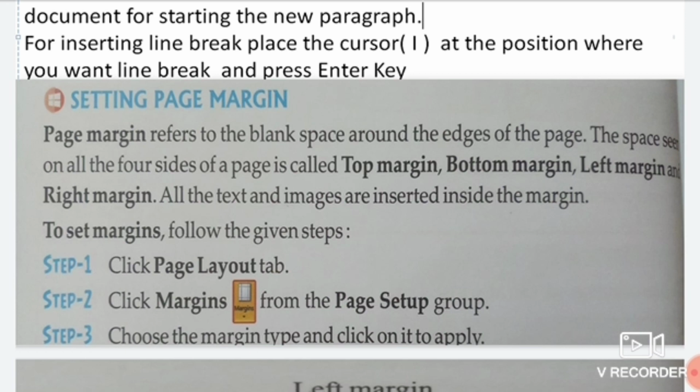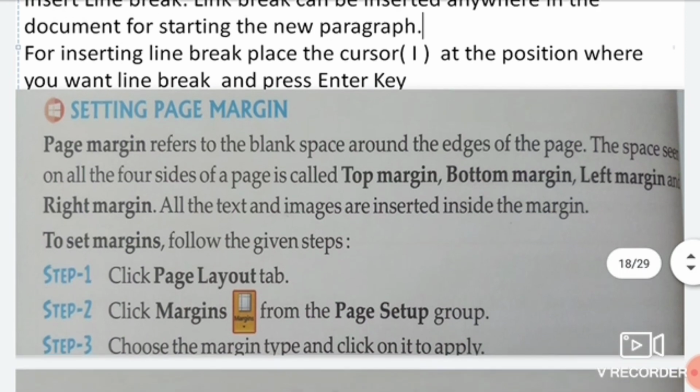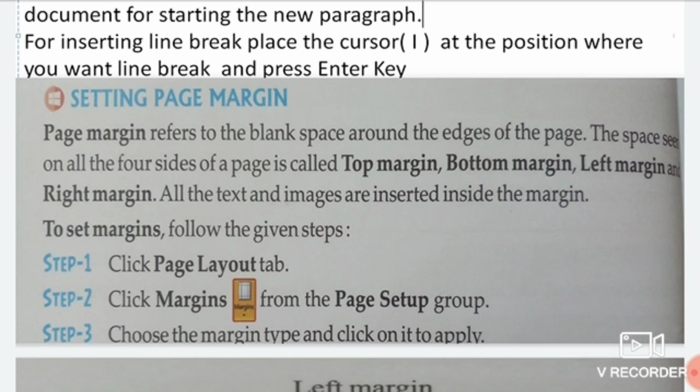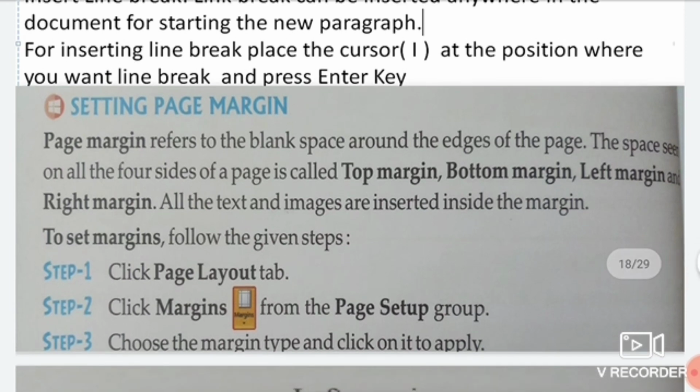The spaces seen on all four sides of the page are called the top margin, bottom margin, left margin and right margin. All the text and images are inserted inside the margins.